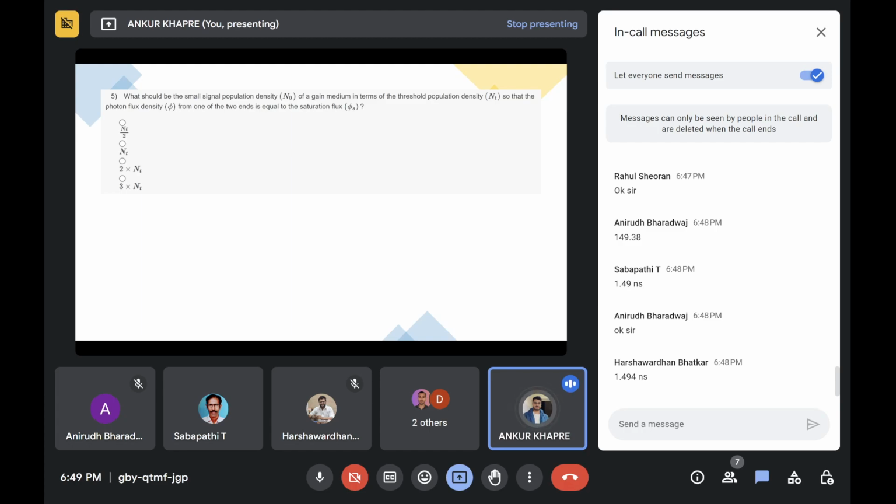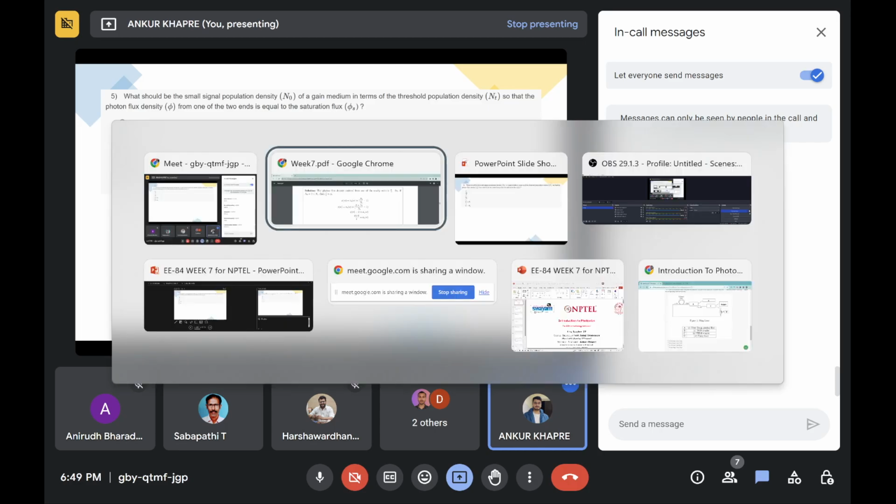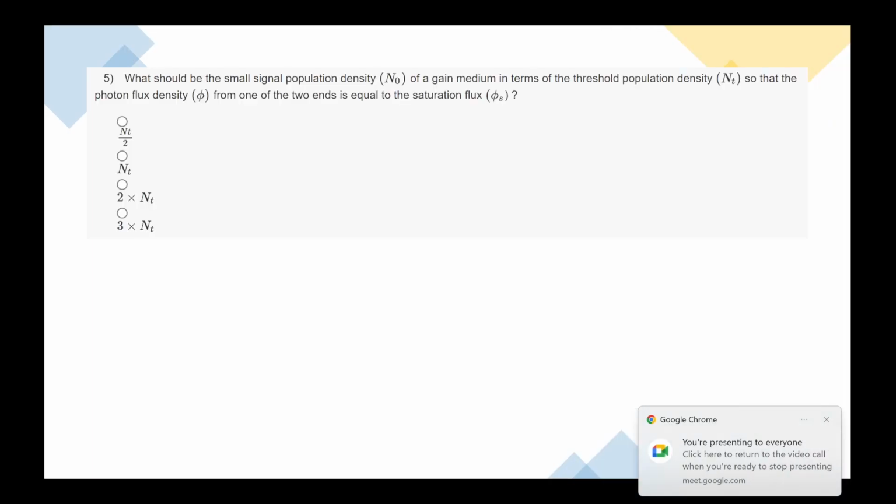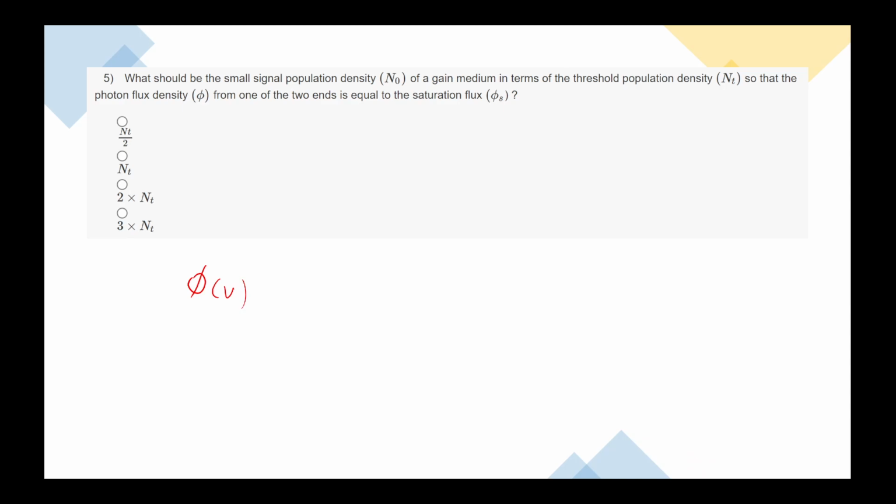Did you get my point? First I'll just write here: it is given that the photon flux density phi nu is equal to,